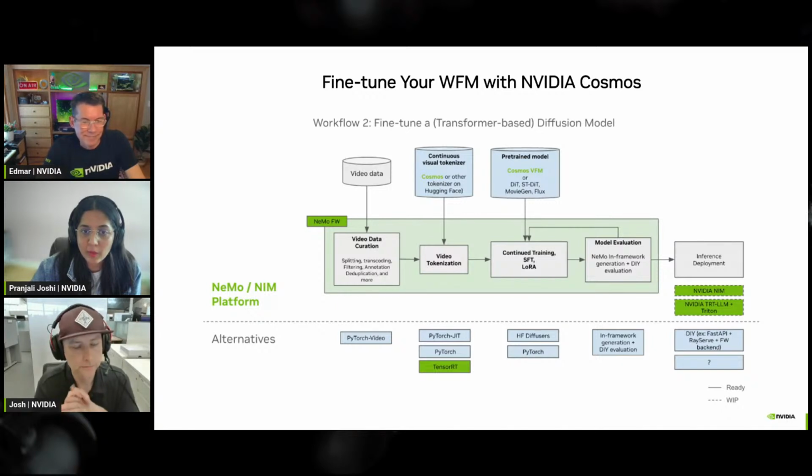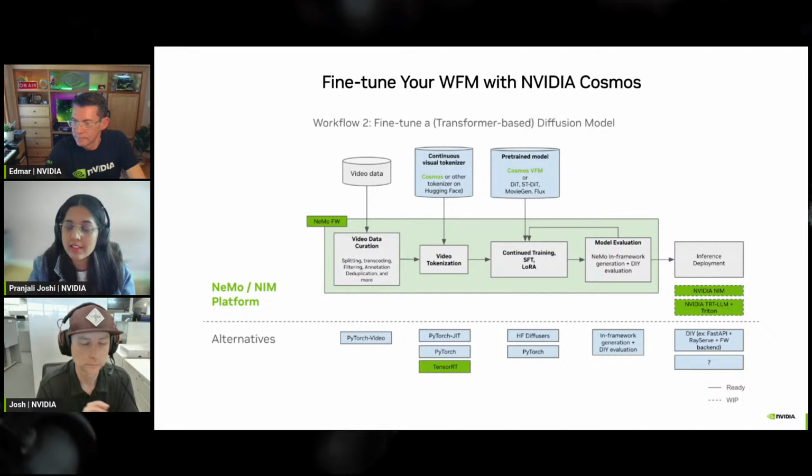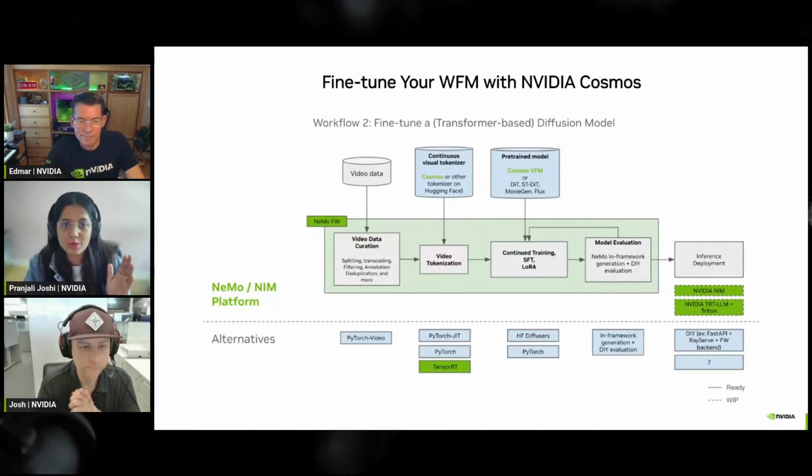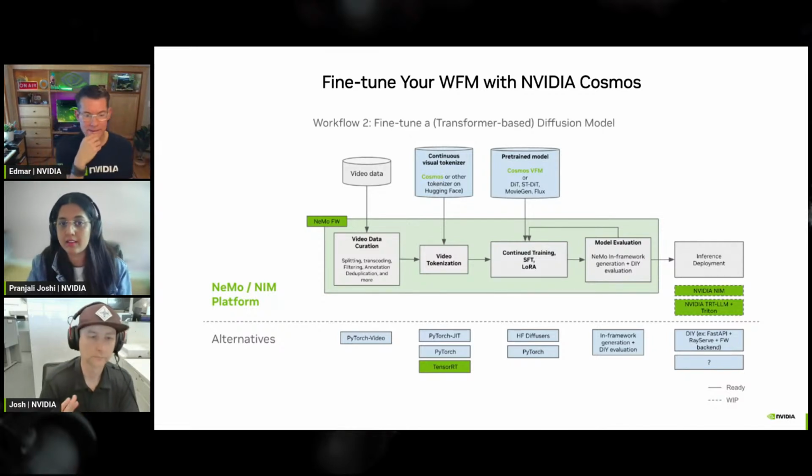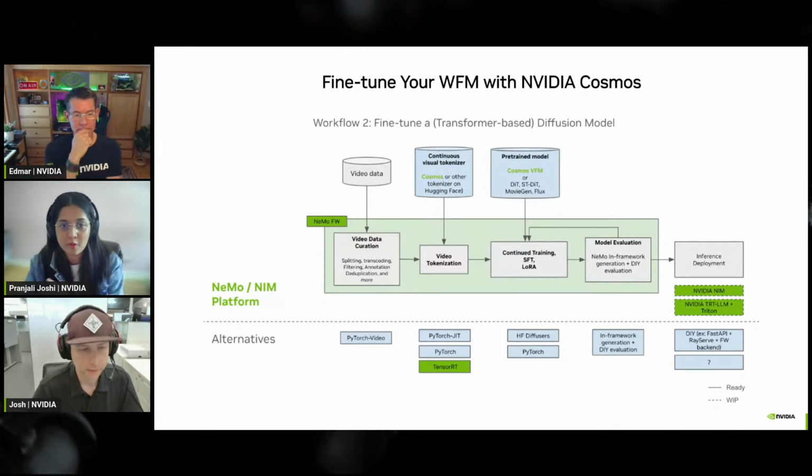Yeah, and I think while we are at this slide, maybe Josh, I don't know the specific answer, but there is a question on how much fine-tuning data do we need, and I think it depends. And you can correct me, Josh, because I think it depends on the task that you're fine-tuning for, right? If that's a simple task, maybe you can get away with tens or closer to 100 kind of images or videos. And if that's a more complex task that has multi-view, a lot of environment understanding, then you will necessarily need more data, right?